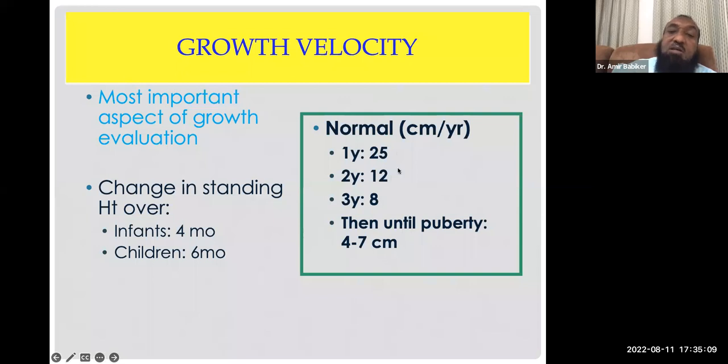In the first 2 years, this is a big jump in the growth velocity, or infantile jump. Then the growth rate is 5 to 8, even in the third year it is a bit higher, but after that until puberty it is 4 to 8 or 4 to 7 centimeters per year. And then after that you have a growth spurt. The growth spurt is less than the infantile height gain, about 8 to 12 centimeters, so about 10 centimeters on average. It is delayed in boys, at around stage 4 of puberty, and earlier in girls, which is why the girls end up shorter than boys.